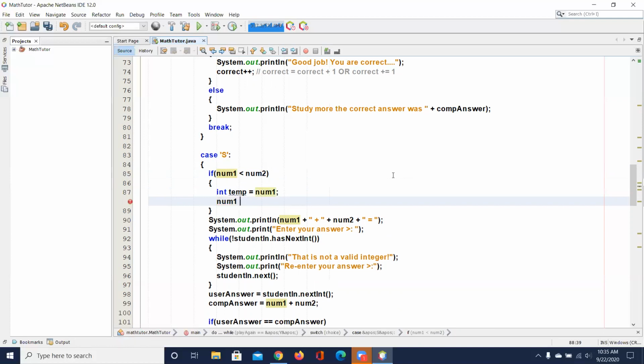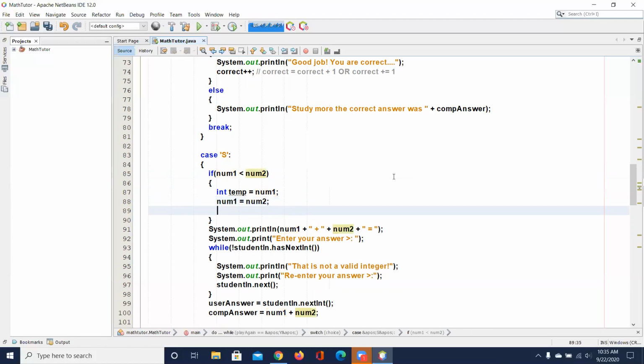Num1 will be assigned num2, and num2 will be assigned temp. Okay, so this little algorithm